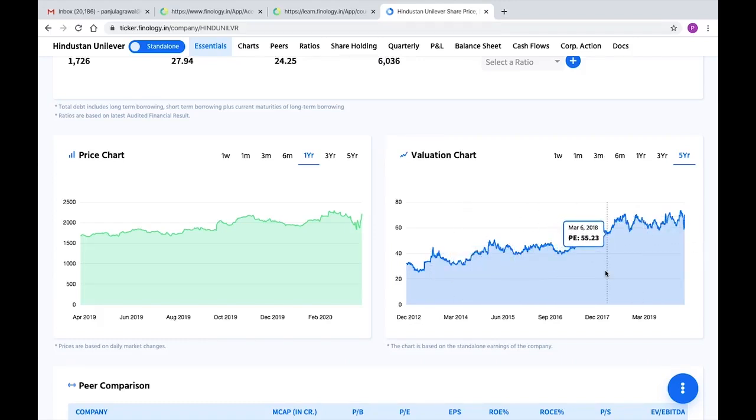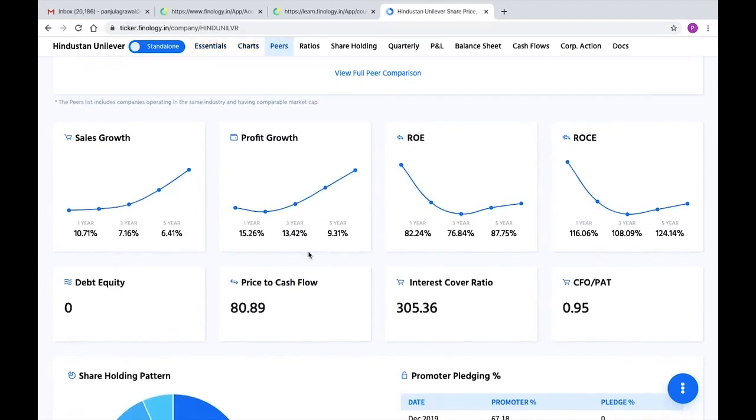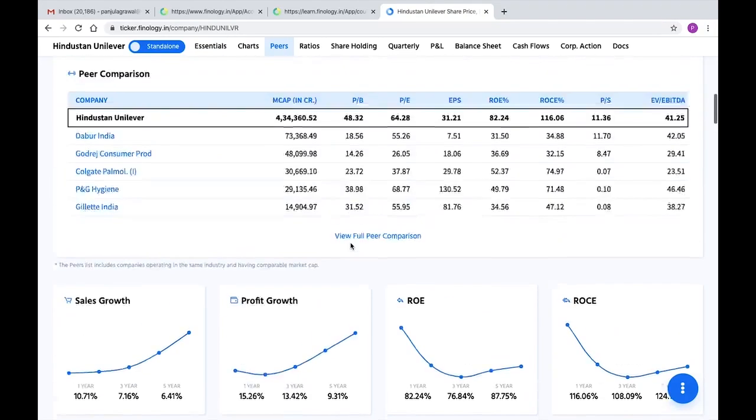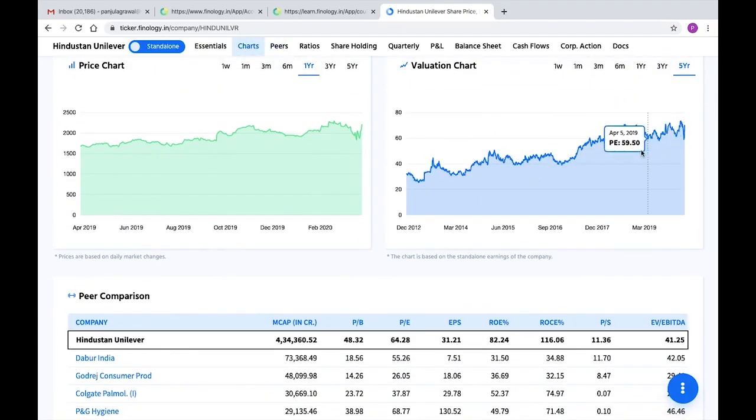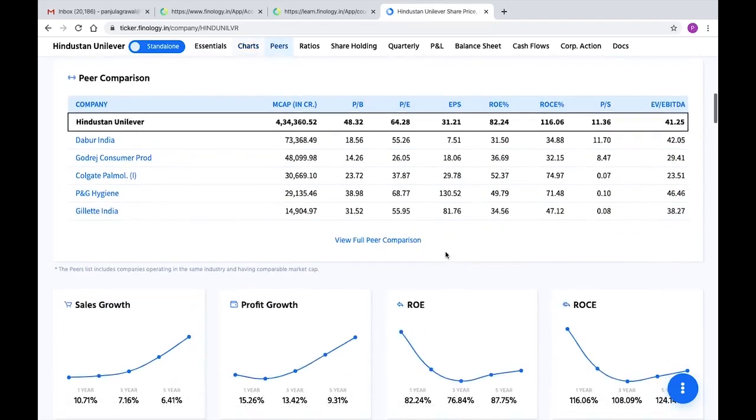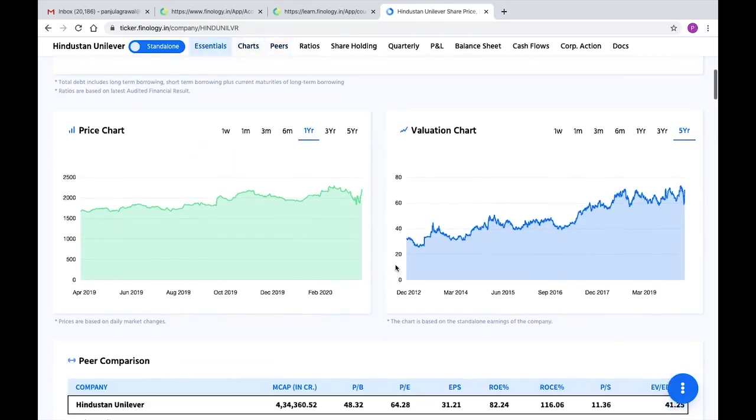So does that mean that the company is very expensive right now? We will analyze this by using the growth rate of the company. When we see the profit growth rates, it is clearly mentioned that HUL has increased its profit by 15% in 1 year, while in 5 years it increased by only 9%. So the company is showing a higher profit growth which is justifying the higher PE. But is it really justified? Is the profit growth by 6% justifying a high PE from 50 to 70?